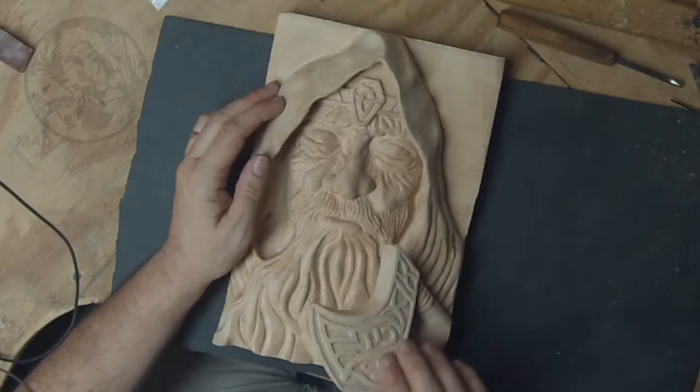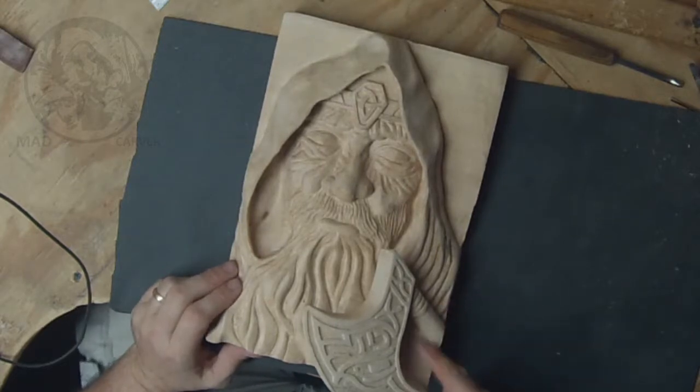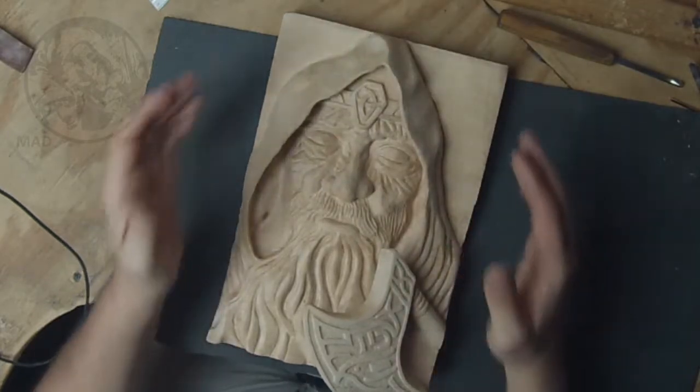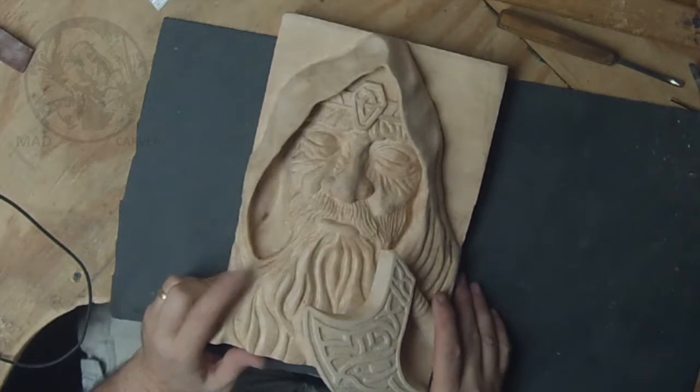We got the pattern on the axe done, and now we just need to get a little bit of the cowl in here and to start on the background. At that point, when we're done with that, we'll be ready to shadow. Alright,